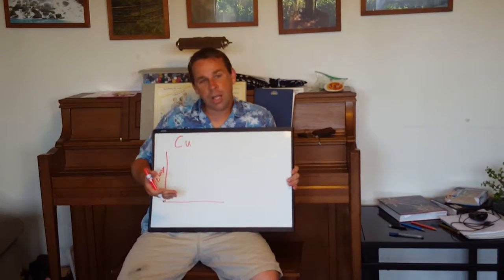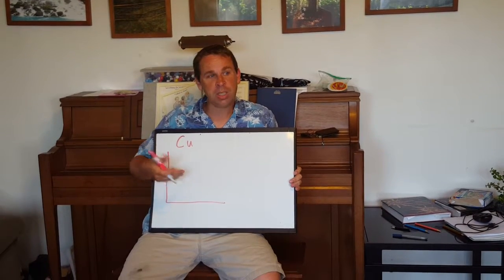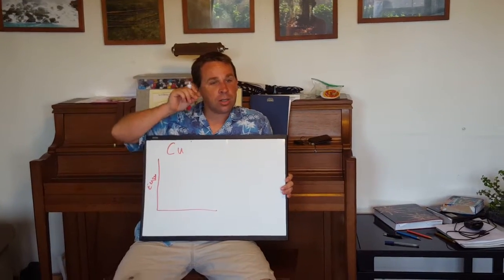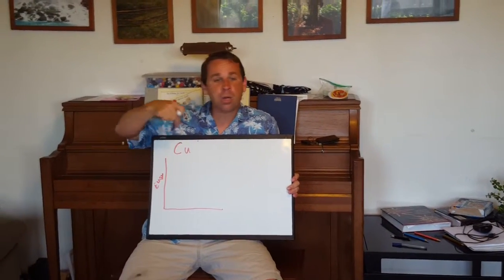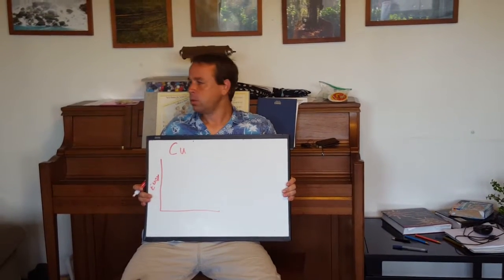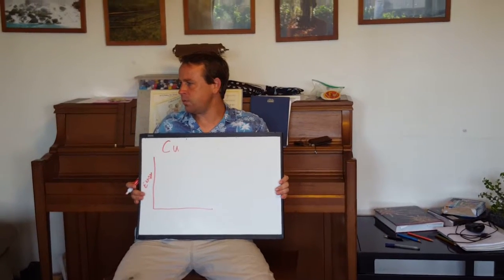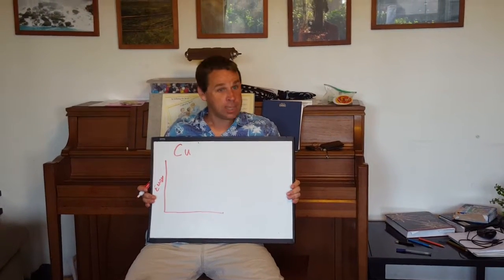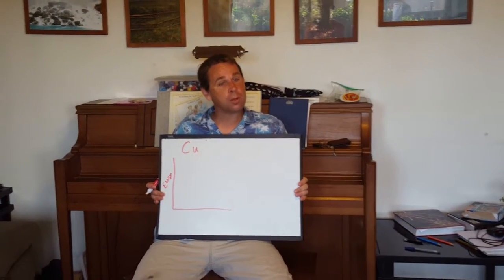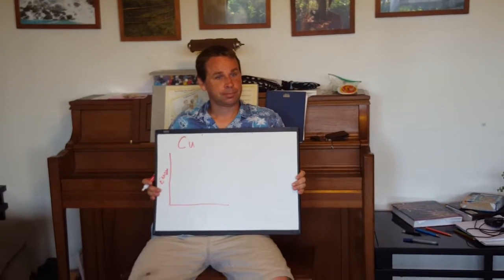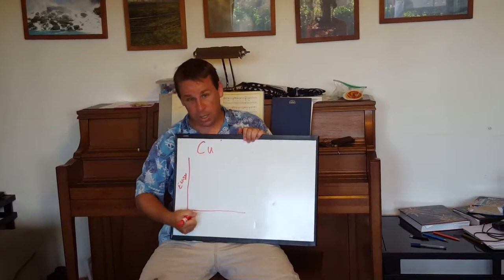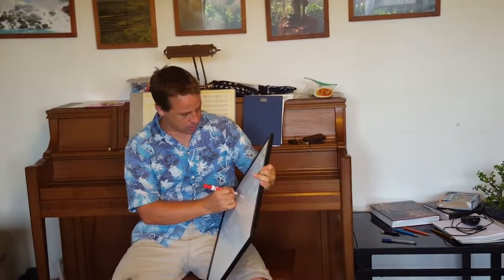Instead of starting with 1s, 2s, 2p, 3s, 3p, I'm going to take copper and go backwards, counting down until I get to the first noble gas. Which is helium? Are you sure? The first noble gas before copper. Argon. So here's what I'm going to do. Instead of starting off with 1s, 2s, I'm just going to go argon.